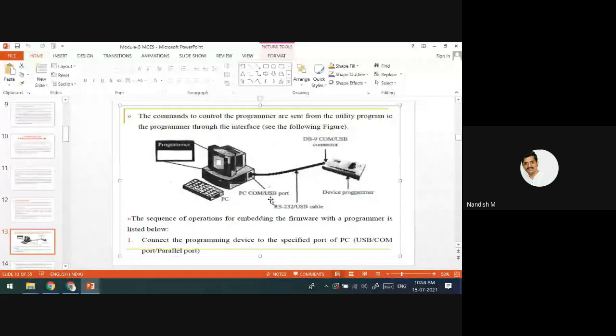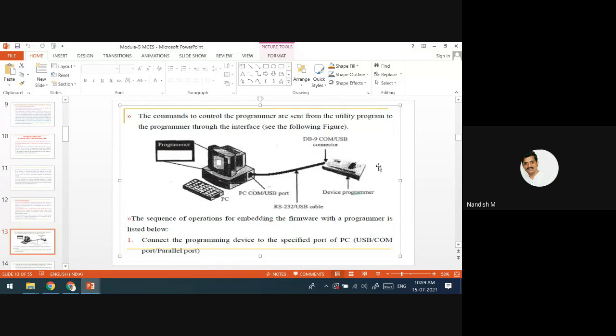The type of cable is USB or COM, a port that you are going to connect. Separately, you have a target board. From that target board, you have removed the microprocessor, and that chip you have placed on this device programmer.